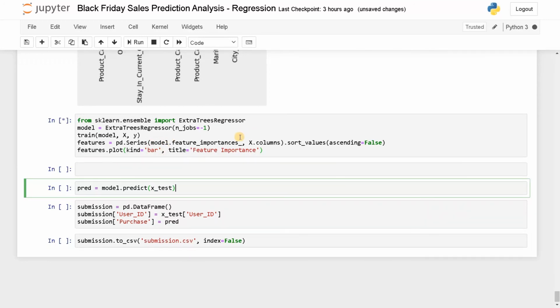And apart from these models, you can also use XGBoost, Gradient Boost, LightGBM, CatBoost regressor. You can use any other model, and you can also use some deep learning models. So far, we didn't cover deep learning models. I'll be covering deep learning models in the near future, so you don't need to worry. For now, I'm just using the base models to get the prediction.